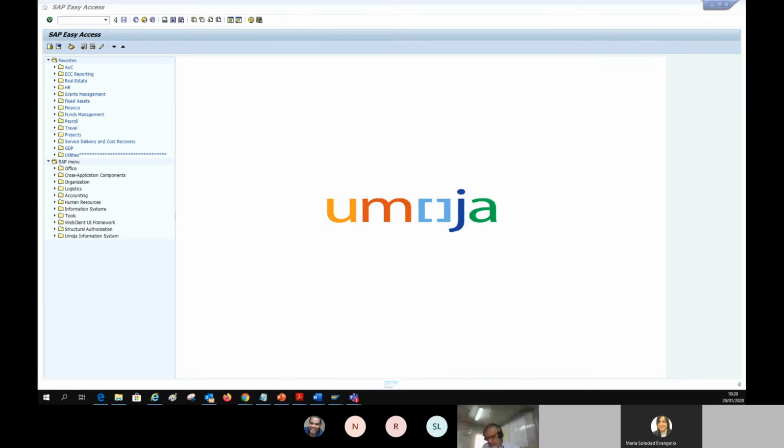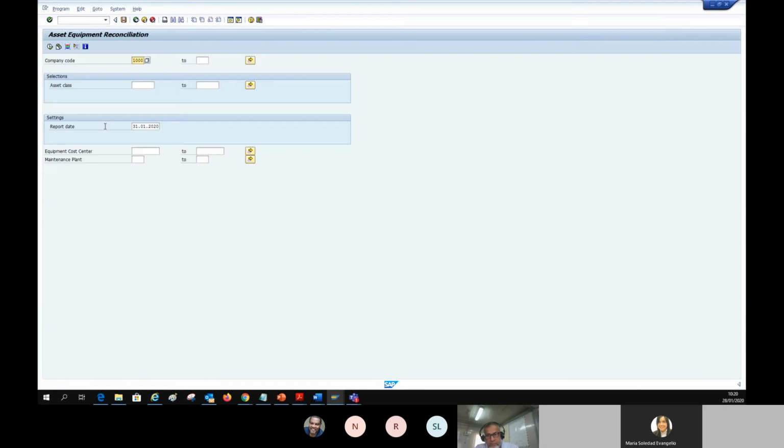So we start from one report before going to the actual retirement process. The report we are going to see is an equipment asset report that will give us an idea of the assets that we have in a particular mission. So in this scenario, we are going to use assets from